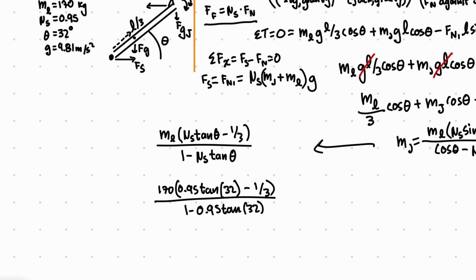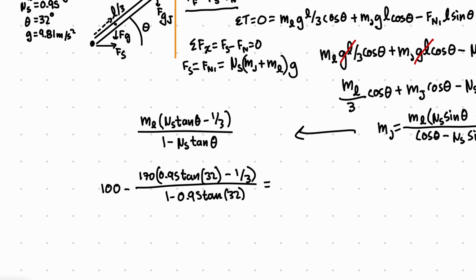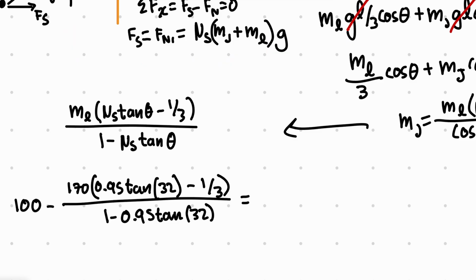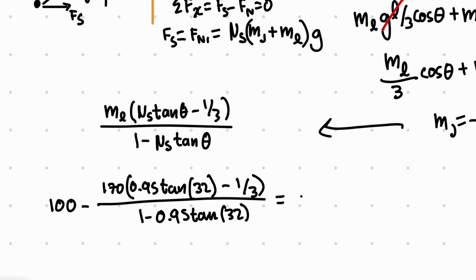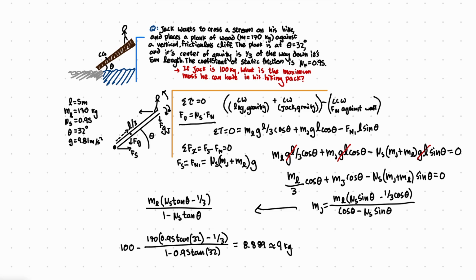So we also have to remember that we're taking 100 and subtracting the total mass of Jack to get the mass of our pack. Okay, so when we plug in all these numbers, we get the answer of 8.889. And we can just say that's 9 kilograms. Okay, and there you have it. We've solved the question. The maximum mass that Jack can have in his hiking pack, if he's 100 kilograms, is